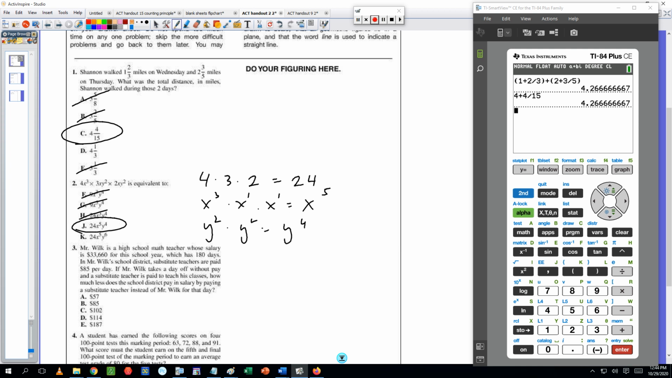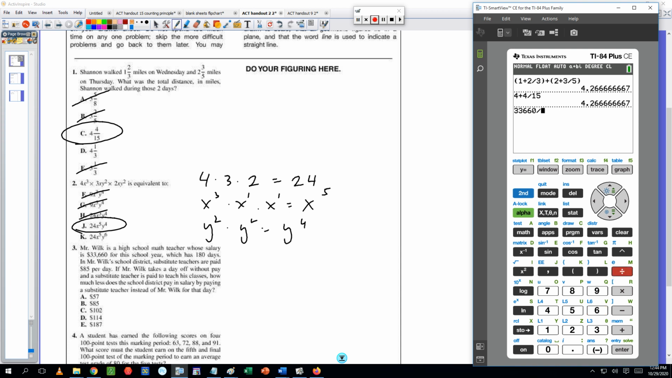Mr. Wilkes is a high school math teacher whose salary is, bless his heart, $33,660, which has 180 days. Mr. Wilkes School District substitute teachers are paid $85 per day. If Mr. Wilkes takes a day off without pay and a substitute teacher is paid to teach his class, how much less? All right, Mr. Wilkes,